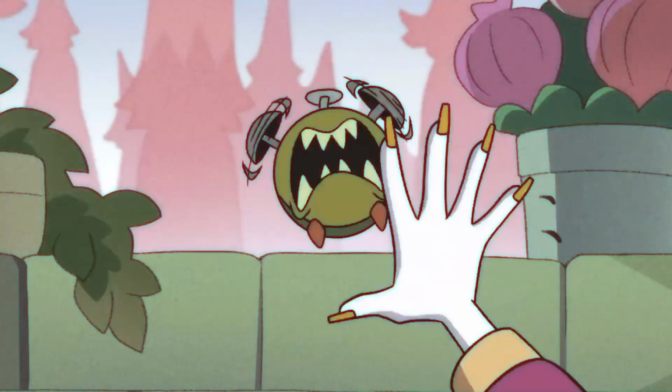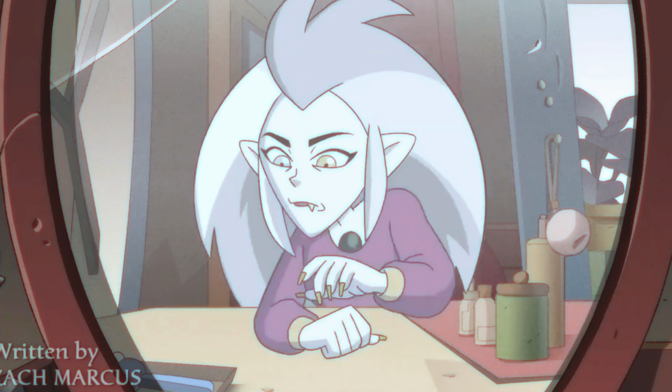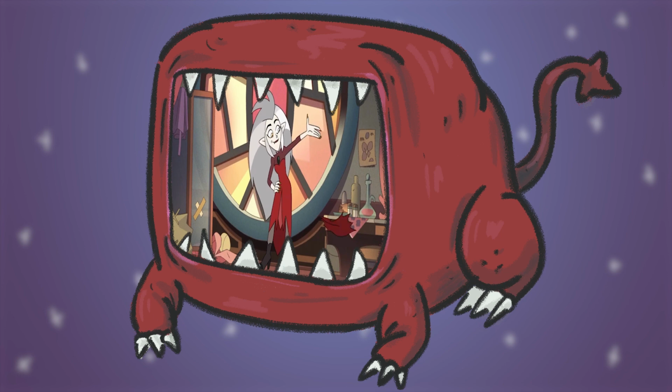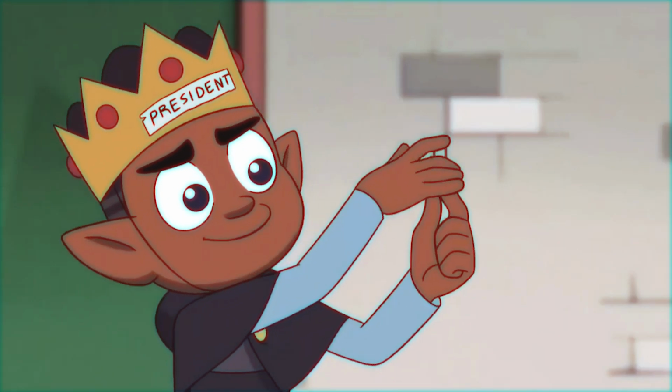Her golden fang is iconic, and although we learn in Season 2, Episode 4, Keeping Up Appearances, that it isn't actually real, it still serves as a really cool detail of her design. But one main character isn't enough. I need more! We all know that Gus has a fascination with the human realm, always on the lookout for